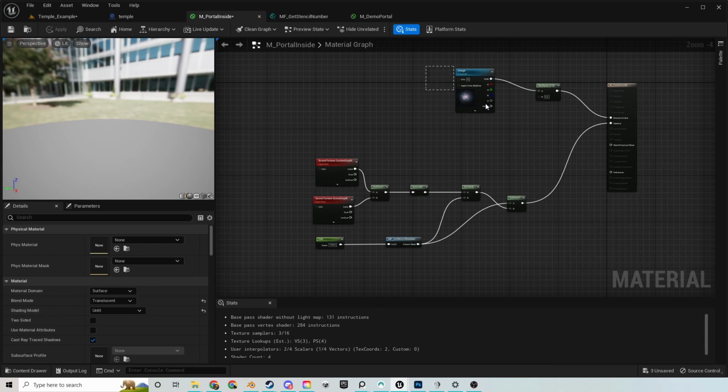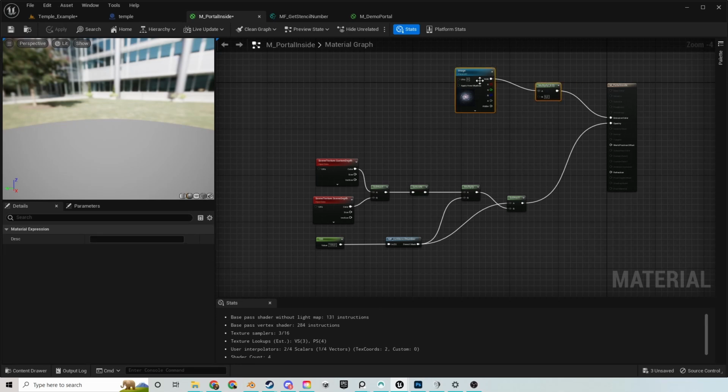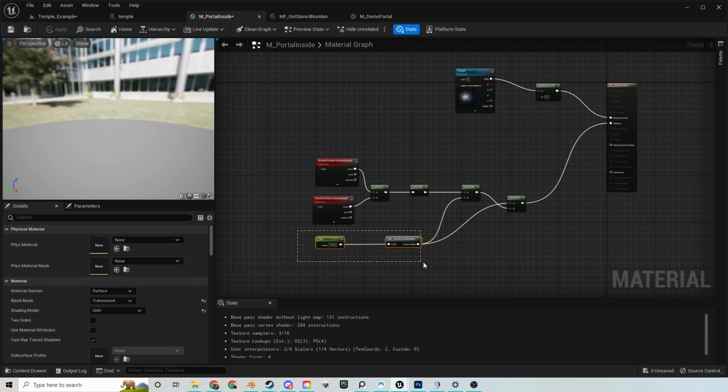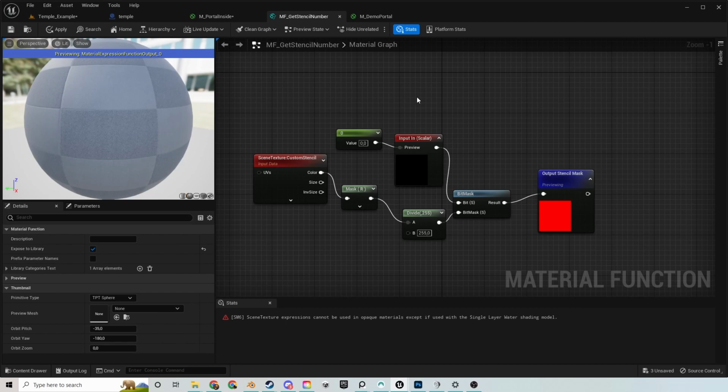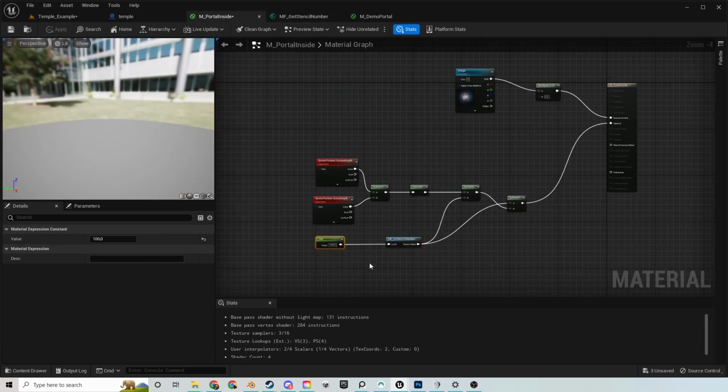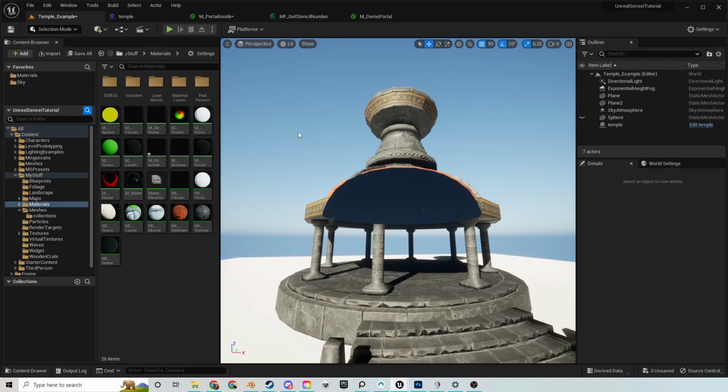And now we can finally get to the actual details of the material. So first of all, this is just a texture, and here we have the actual details. This material function just uses a custom stencil that it masks to divide by 255, which is the number of stencil, and then the input into that will give you a mask. So for this one we use 100, which is the portal material, and if we plug that, you can see that